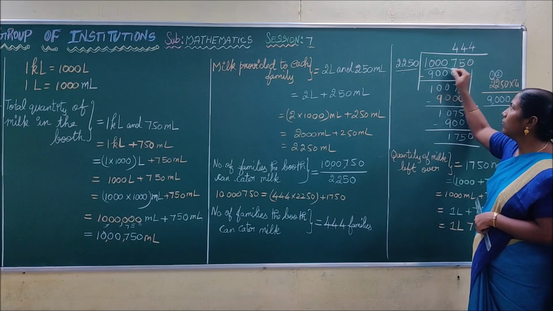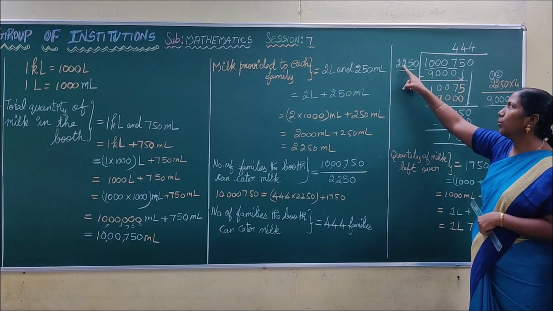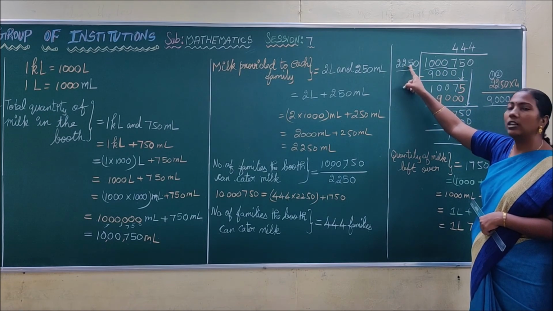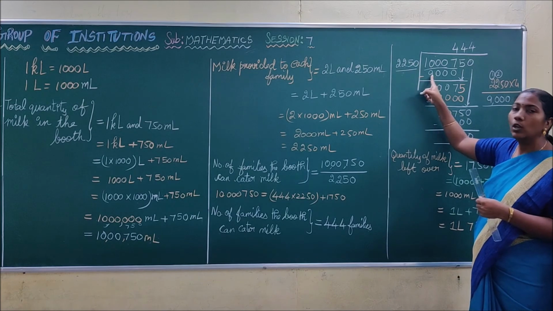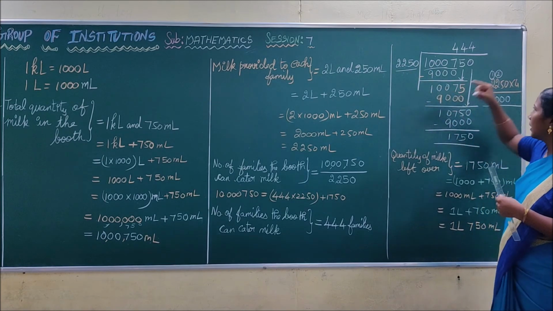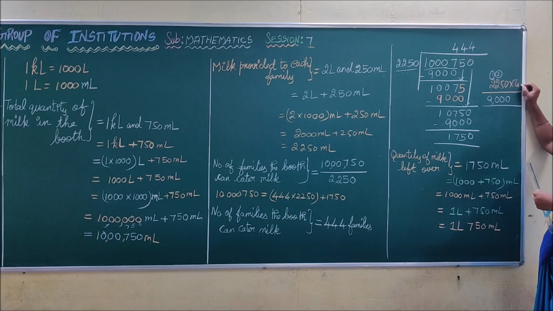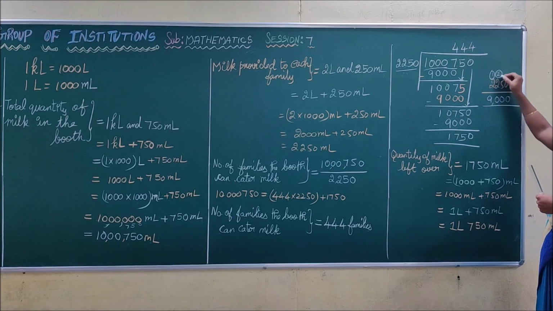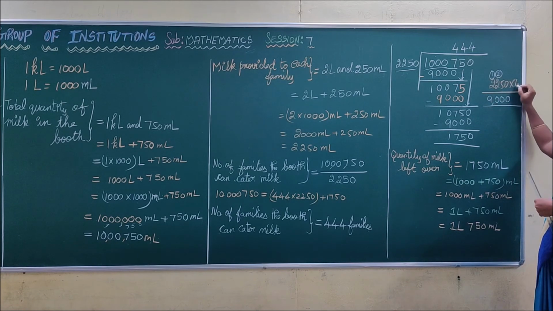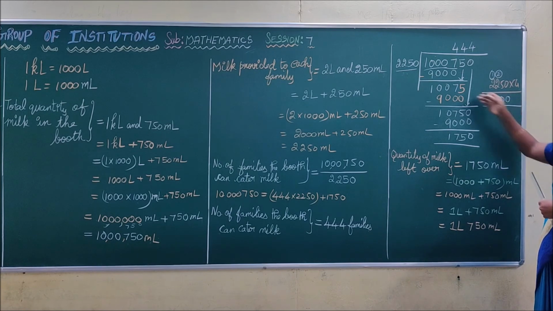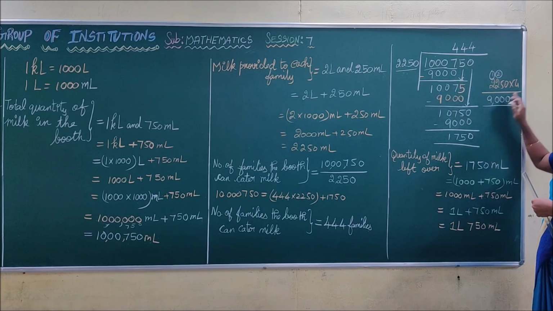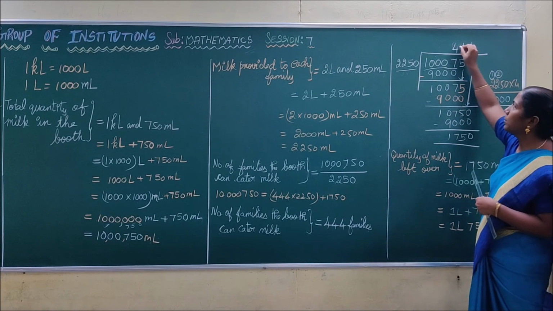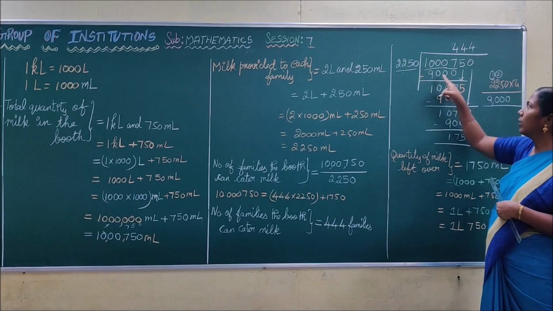Okay. So for that we have to find the value. So you have to multiply this 2250 by 1 first. It is not enough. So you have to multiply it by a bigger number. First I multiply it by 4. We get 0 into 4, 0. 5 4s are 20. Remainder 2. 5 4 2s are 8 plus 2, 10. Remainder 1. 4 2s are 8 plus 1, 9000. If you multiply by more than this number, your value exceeds this value. So you have to stop up to this. So right here 4 times 2250 you get 9000.